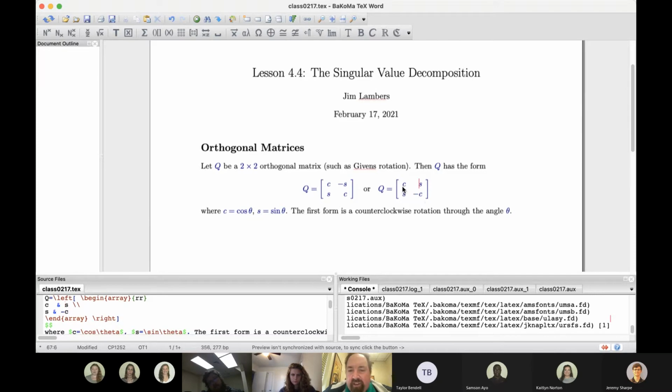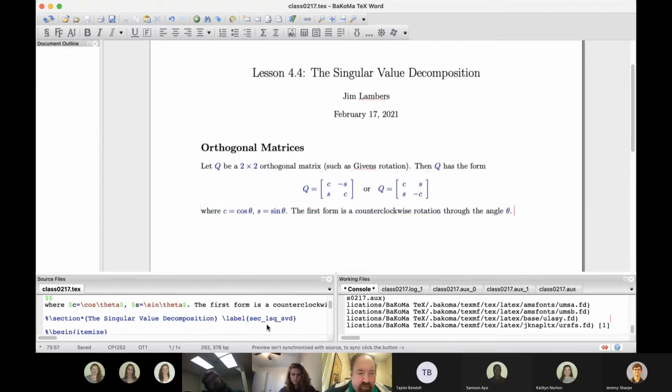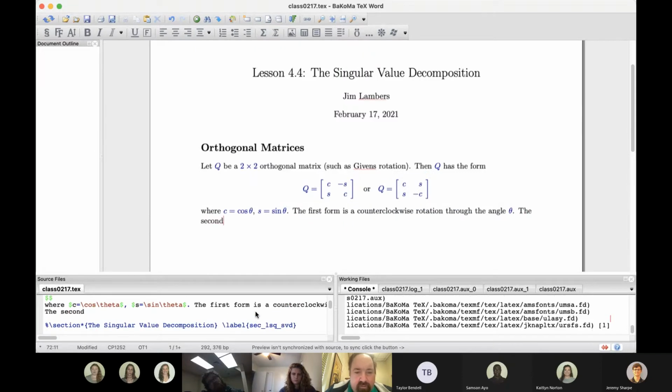So now the diagonal entries have opposite signs, and the off-diagonal entries have the same sign. So what does this do geometrically? It is a reflection